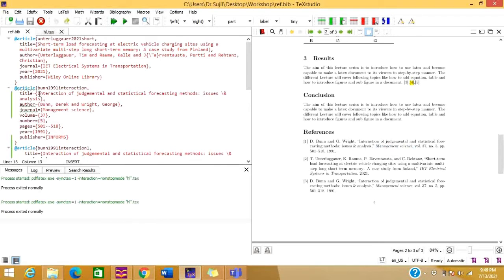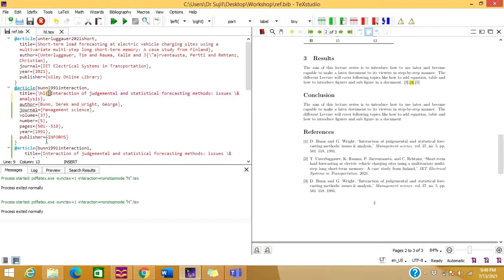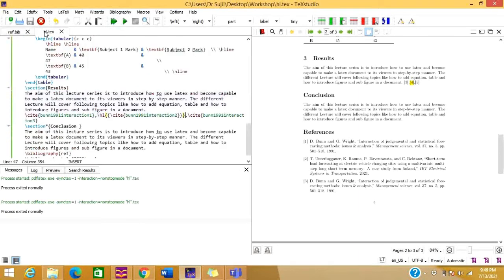So here also you can do one thing. You can write an HL here, and give one bracket, and we can close this bracket here, and you can save this file using Ctrl S. Now let us go to this page and we can run this document and see what changes are going to appear in this document.